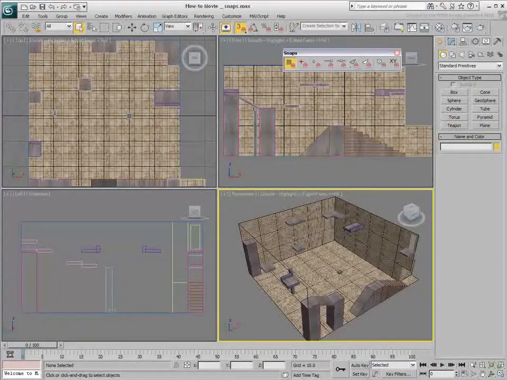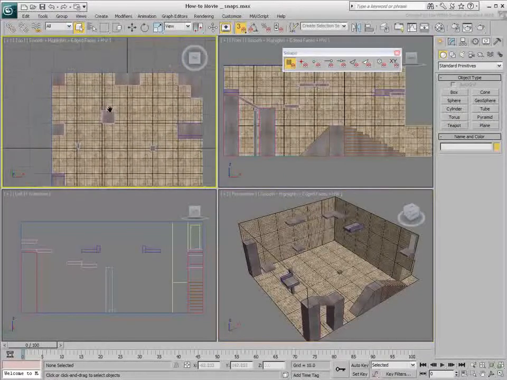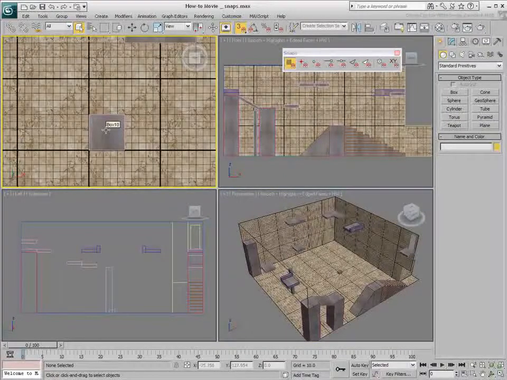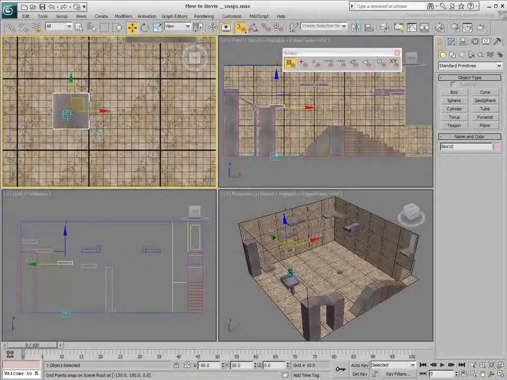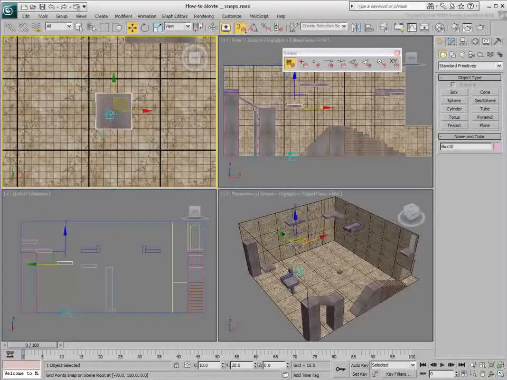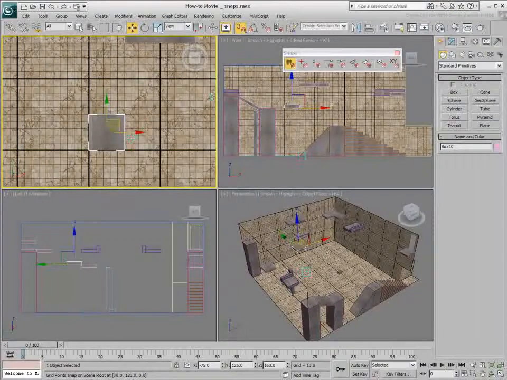Using the Snaps toolbar, you can then choose which points in space you would like to snap onto. In grid mode, you can only snap to intersecting lines on the construction grid. The texture map in this example has been set to match the existing construction grid. Perhaps more importantly, you can snap onto geometry points such as objects' pivot points, vertex points, midpoints, edges, faces, and